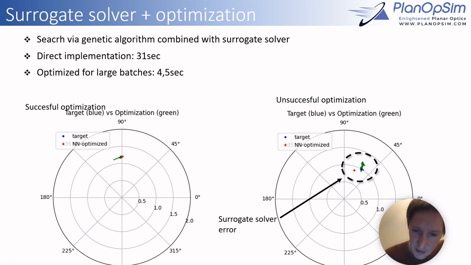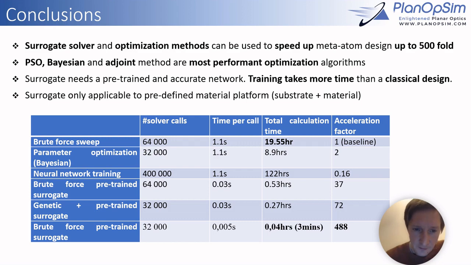But here on the right, we see occasionally the solver will fail. In fact, the optimization algorithm does converge to the target solution, but due to remaining errors which occasionally occur in the neural network, the final solution is off when confirmed in RCWA versus the target solution. And that brings